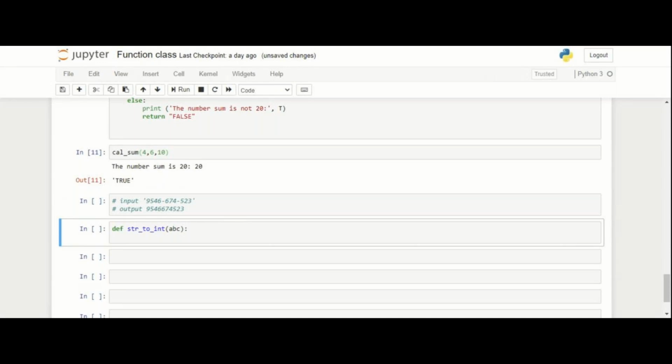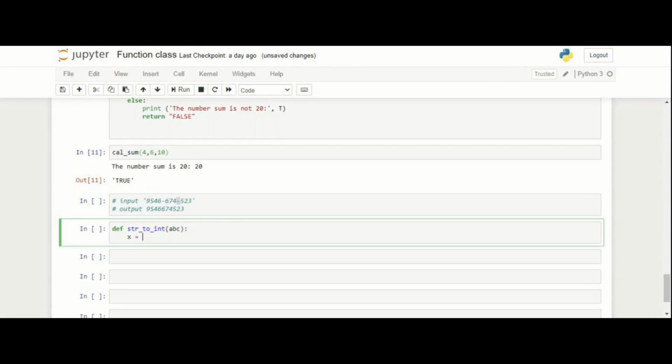replace dash, right? First task is to replace that dash, because if we try to convert a dash into an integer, that will not work, right? We could compare that string with each int, but you cannot compare each integer. There might be more integers also, we don't know. So first of all we need to replace this dash and this dash.